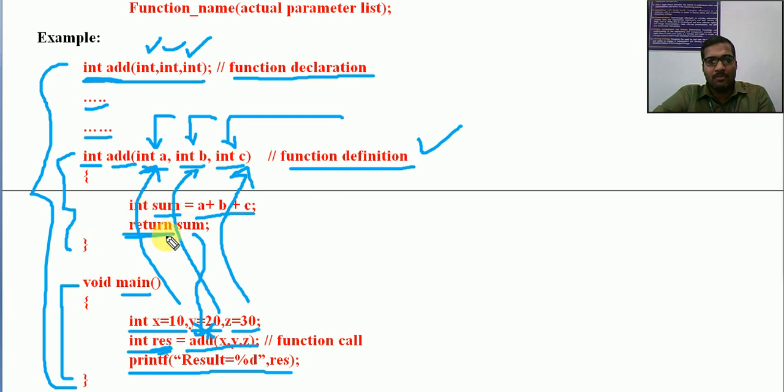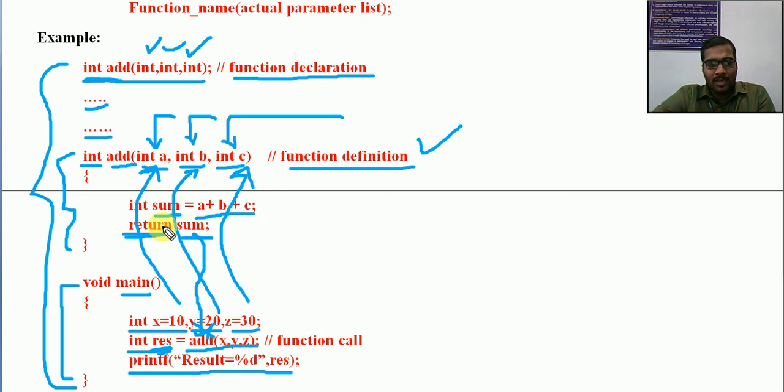And if you want to have some return statement, that value can be returned. In the case of C, I will say one thing: a function in C can return exactly one value only. So if our function produces multiple results, we cannot return all those results, so we should have some other provision for that. We don't always require these values to be returned back. We can print those values here also.